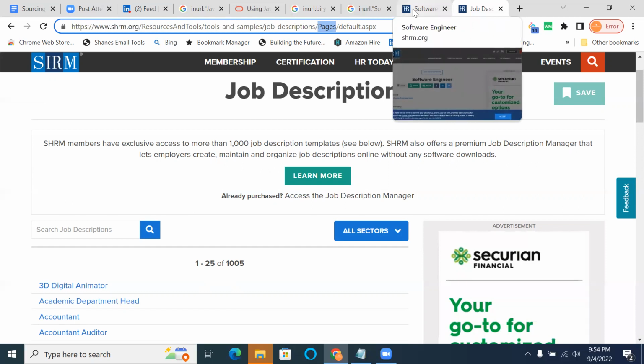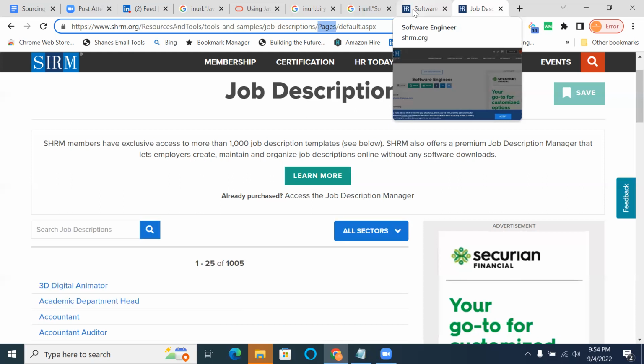Now the hyphen. Whatever space we have given, it took a hyphen. It assumed that the person is trying to search software engineer in the URL, and that space it has replaced with a hyphen or a plus. So software forward slash engineer has the least possibility. Software engineer comes under one specific folder.